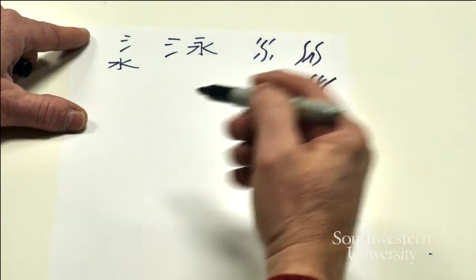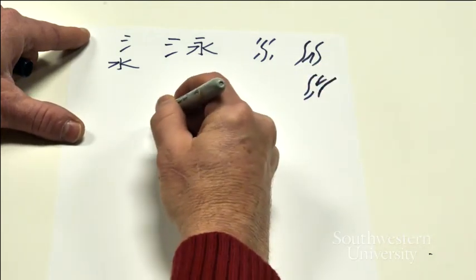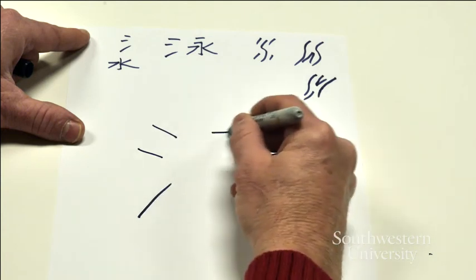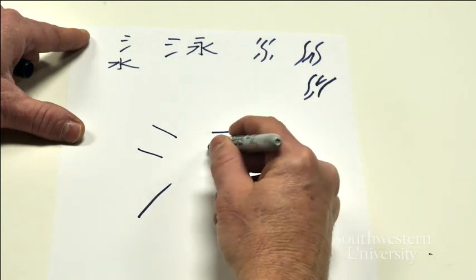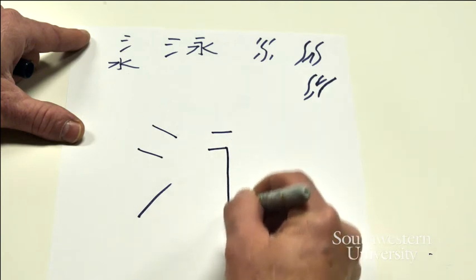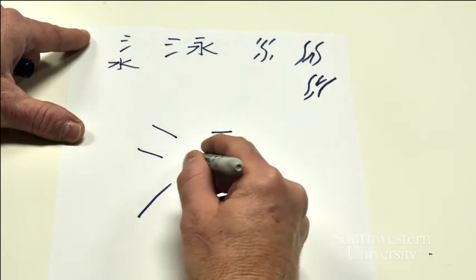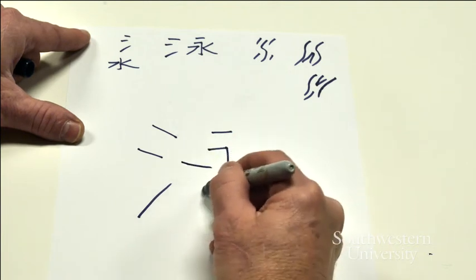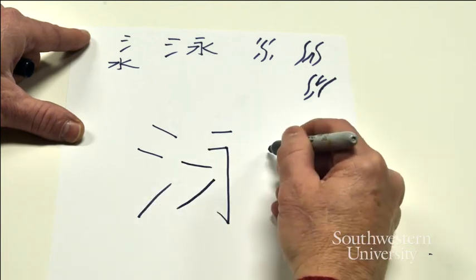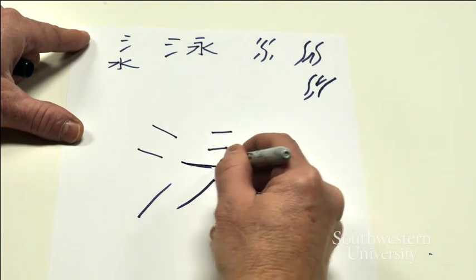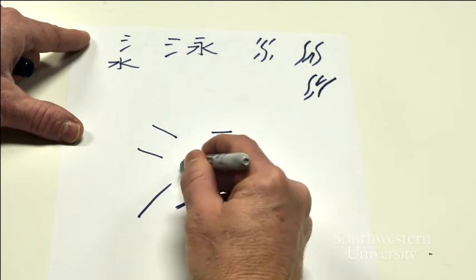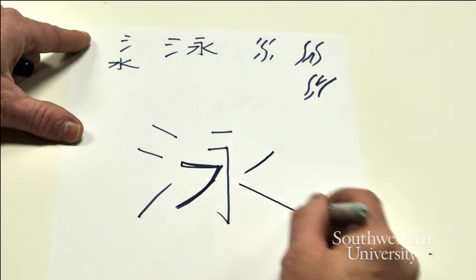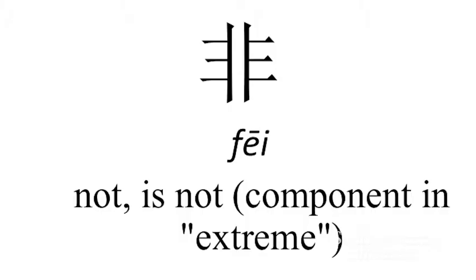By itself, when it's not used as a component for swim, yong means a spring welling up. So here we have dian, dian, ti, dian, and then here, this is important, heng, zhe, gou, and then heng, or xie, pie, excuse me, this is heng, zhe, let me get that right, heng, zhe, and then pie, na, yong,